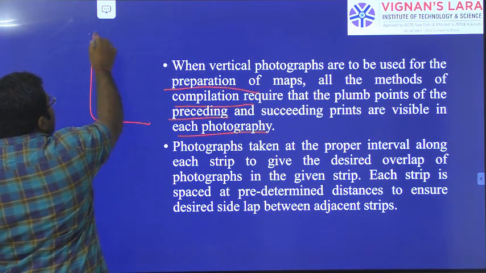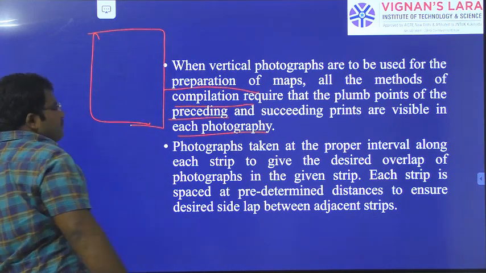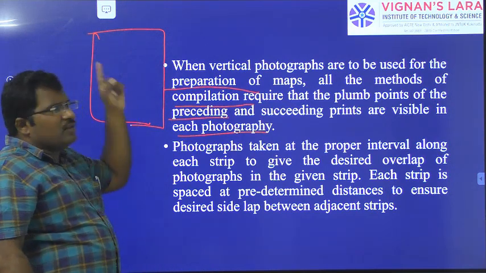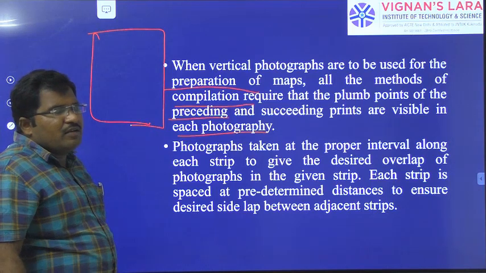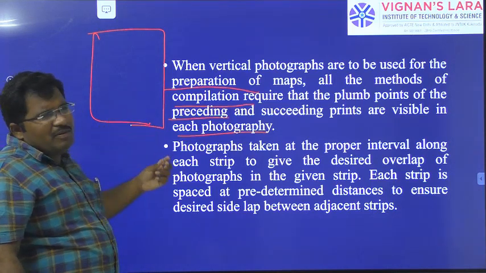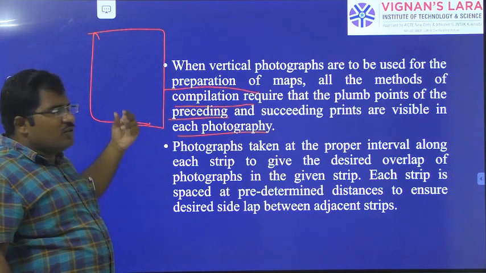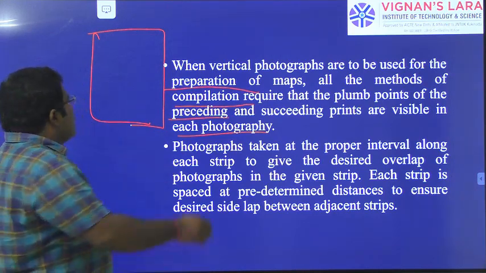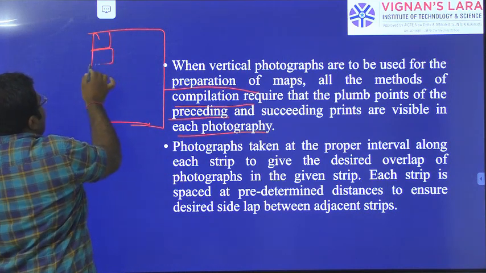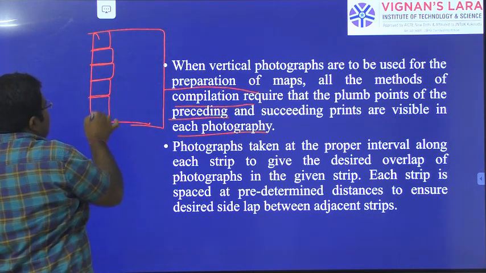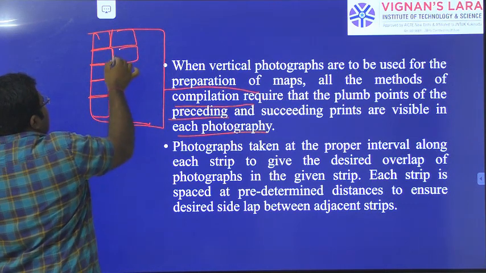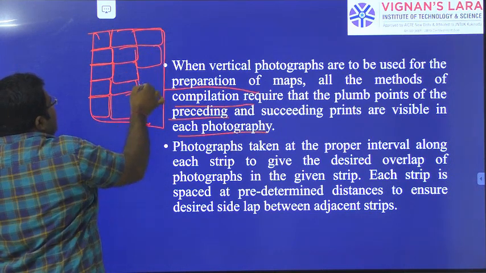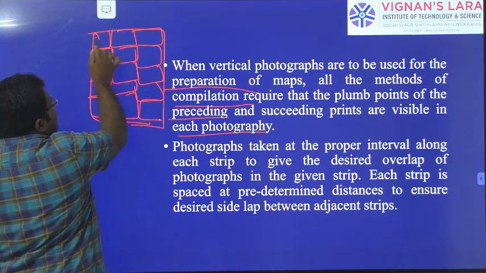If it is a small area, you can take it from the flight. But if it is a big area, you can't take the whole area with a single photograph. You can, but the scale will be very high, so you can't see each and every detail if you take from a long height. That's why the area will be taken with many small photographs, which will then be added in the lab office, so that we create the whole map like this.